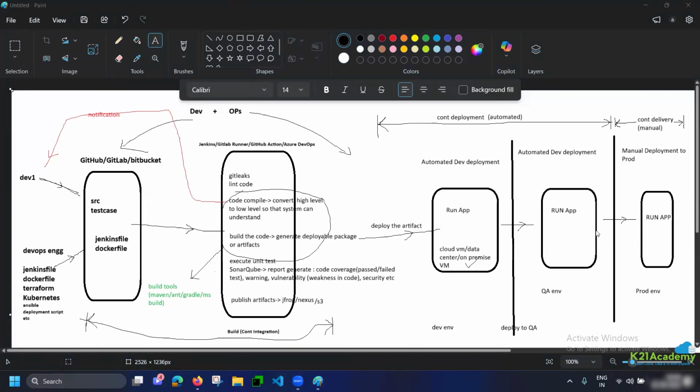There's one question from Ruth: do we need to have deployment to the VM before it goes to QA, or can we just deploy to QA? So here, Ruth, as I said, we need to provide one environment. Let me just add it here: automated dev deployment. In the real world, the dev deployment will be used by the development team. Usually this dev deployment will be accessed by the development team. They need to test it,